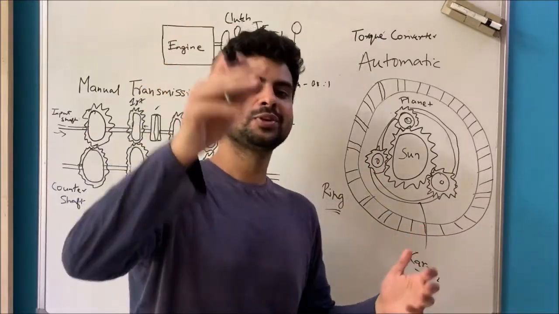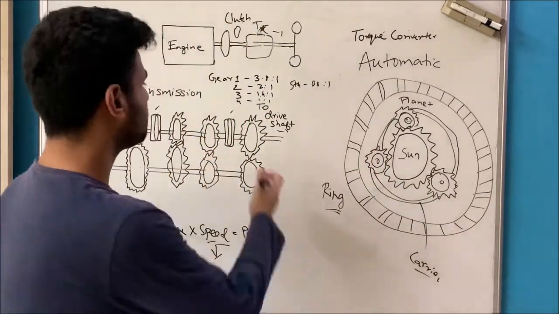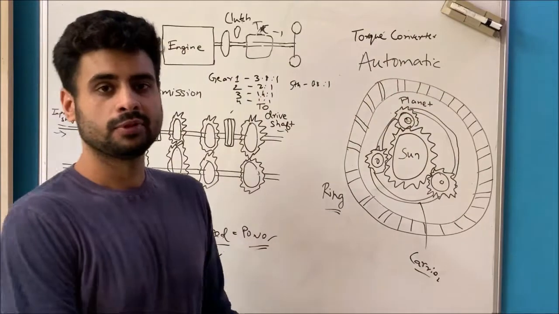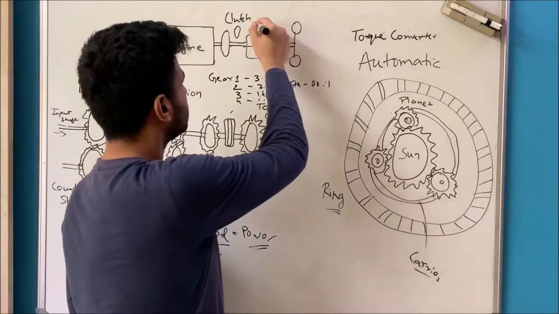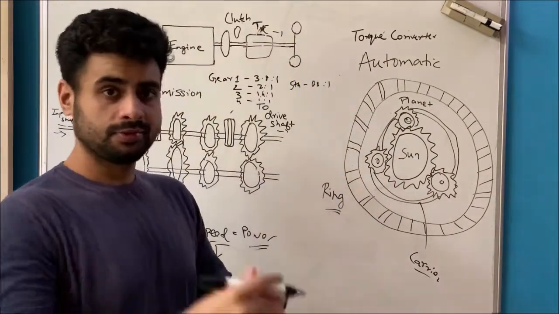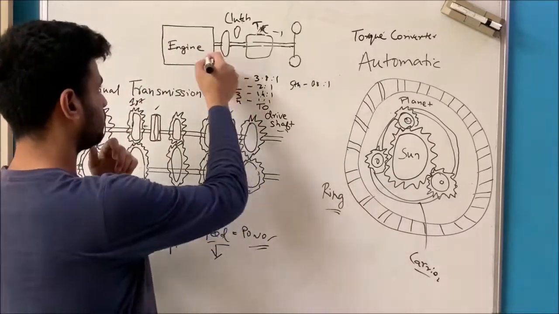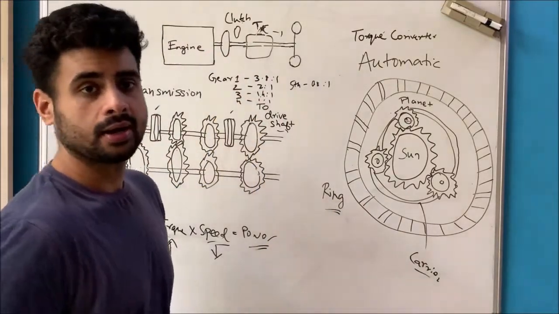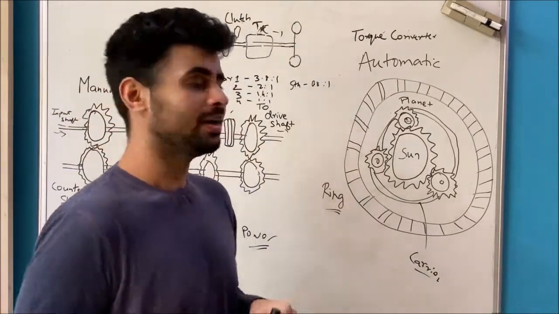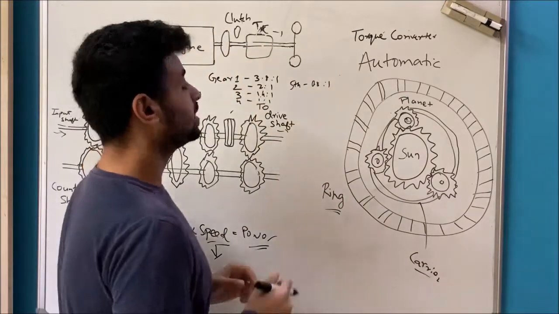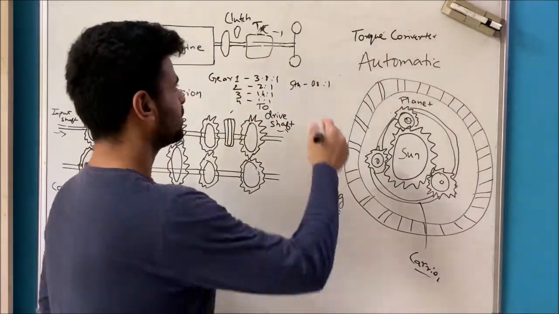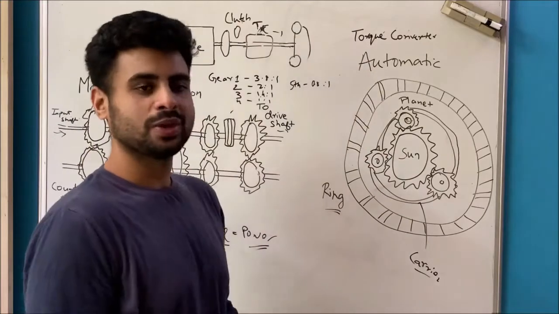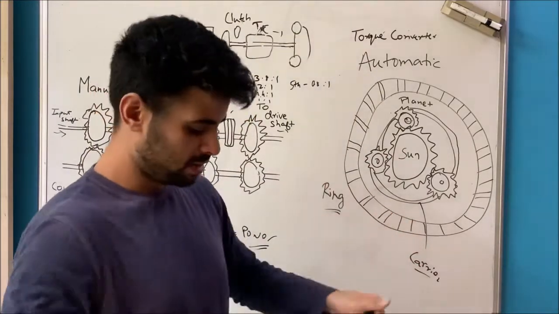So that is it for this video. Hopefully you understood something about manual and automatic transmission. We've put in the transmission here. We've done some processing of the power that we got from the engine flywheel, and all that remains is to send this processed power to the wheels so that we can actually use our car to go somewhere.